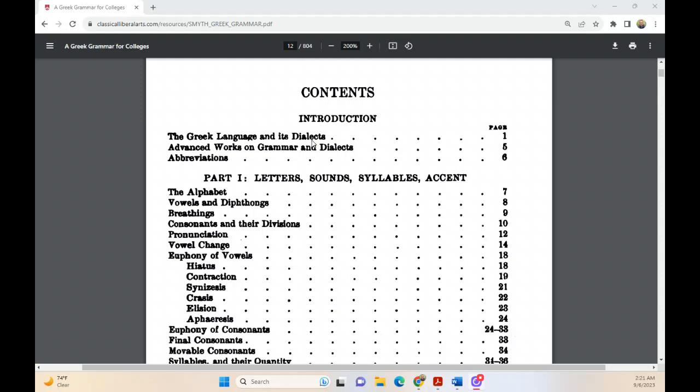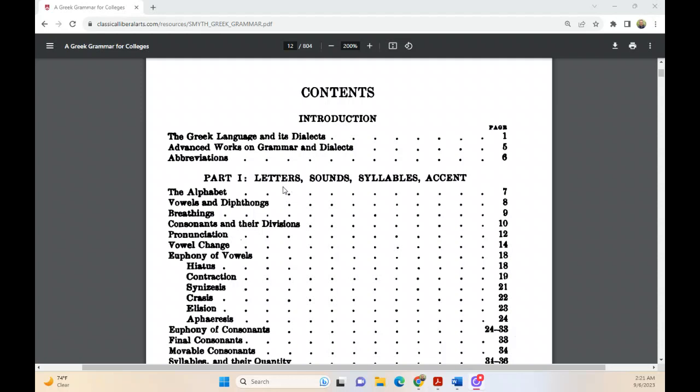throughout history and in different places, the Greek language is a bit different. So some authors will use a certain dialect and write at a certain time, and then other authors will be from a different place and writing at a different time, and you'll notice the Greek may slightly change. Well, in this introduction, there's an explanation of the history and the different dialects of the Greek language. So if you ever do run into that, you can look at this introduction and find some help understanding those